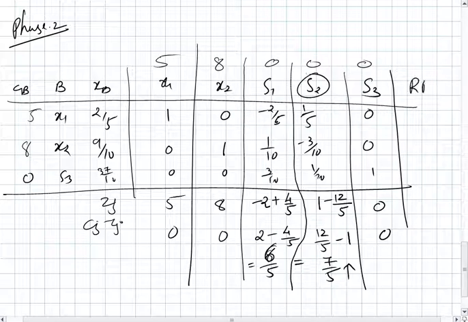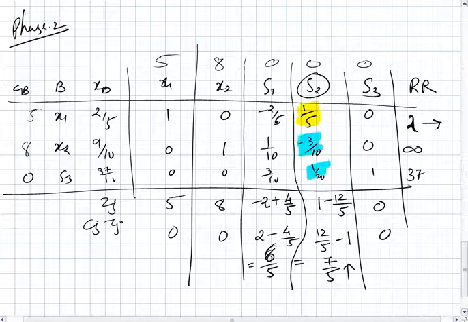Now identify which variable will leave a basis by the replacement ratio. So that is 2 by 5 by 1 by 5, it is 2. 9 by negative, so it is infinite. 37 by 10 by 1 by 10, so it is 37. So the minimum value is 2. So the corresponding variable will leave the basis. So we have to make this entry 1 and this entry and this entry 0. So for doing that, we will again apply the RRE process, that is